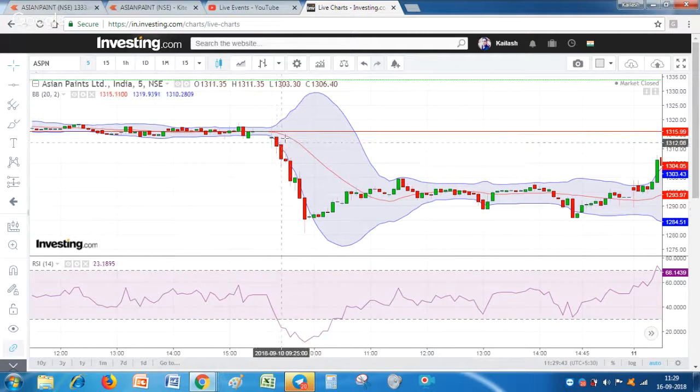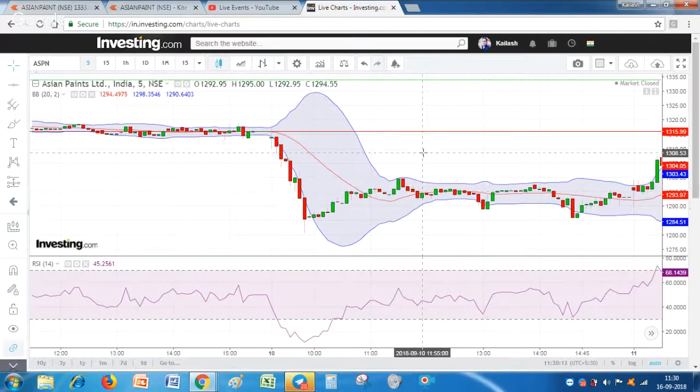But friends, here we have to take a confirmation. Suppose the stock is already going down below the median line of the Bollinger Band. We see a candle that goes below the median line, but we have to wait for confirmation, maybe from some line. Suppose look at this level, friends.